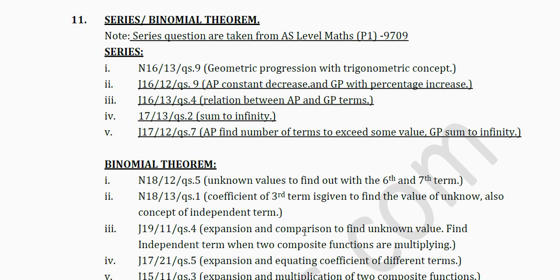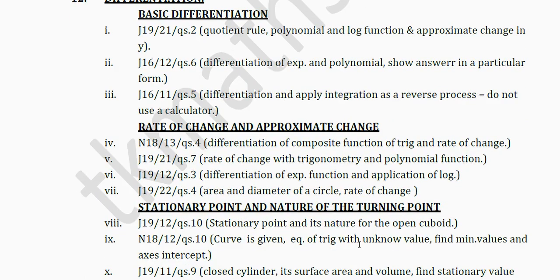So here it is binomial. Now these questions are taken from the P1 paper of A-level mathematics, right? Because this topic is part of A-level mathematics. So you can note down from here. In differentiation, there is basic differentiation, rate of change, stationary point. And by the way, the P1, you will see in A-level differentiation. If you revise that concept, you will cover all this. Rather, they have more than what is required there. So if you see my videos on A-level mathematics differentiation, that will also help you a lot.